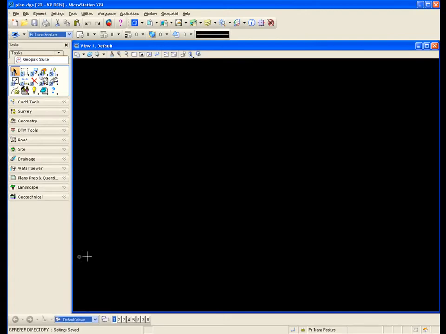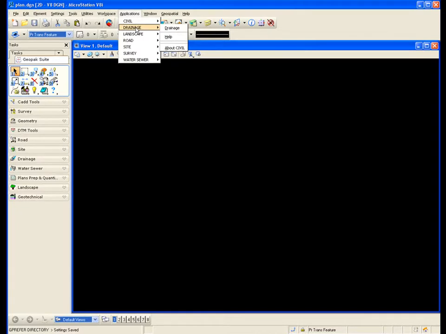So let's go into a MicroStation file, and we'll see how to access, first of all, Geopak Tools. If we go to Applications, select Applications, this particular button is here only if Geopak is loaded onto your machine. You will have an Applications button. Now, the first time you select this button, you may see something that says Civil Only. You may see only Civil, and if you go out to the right here, it may say Activate. It will say Activate Civil. You hit Activate Civil, and it loads